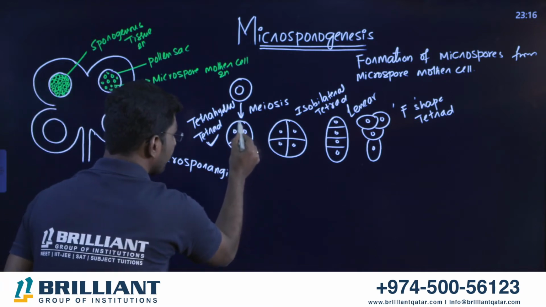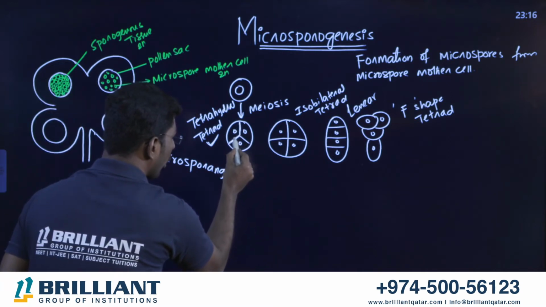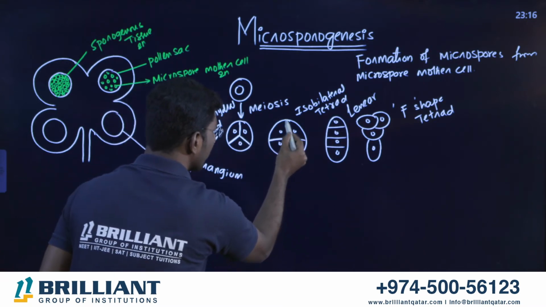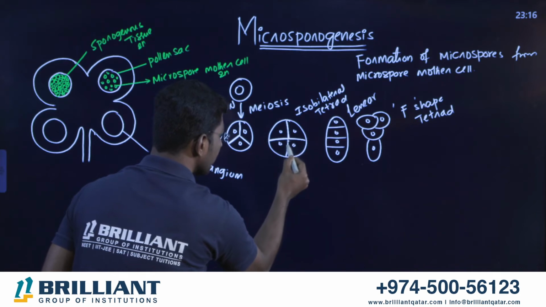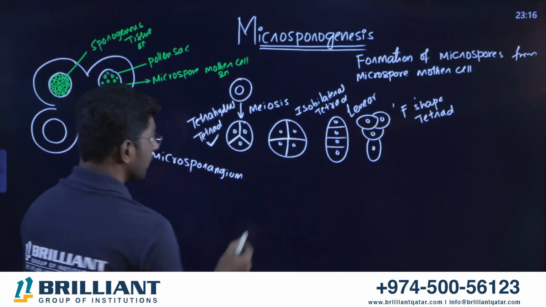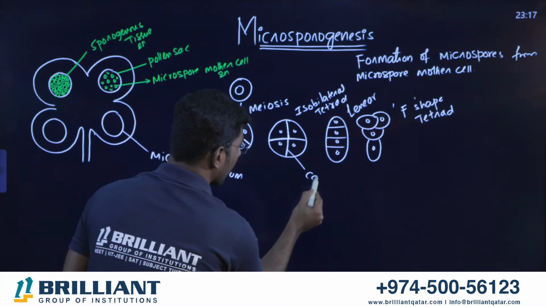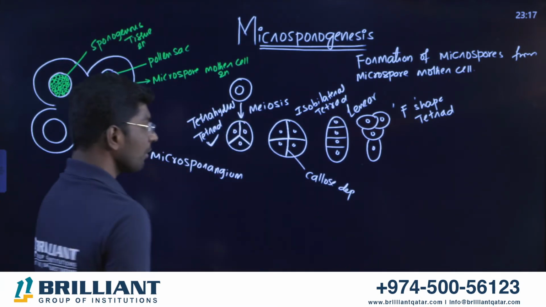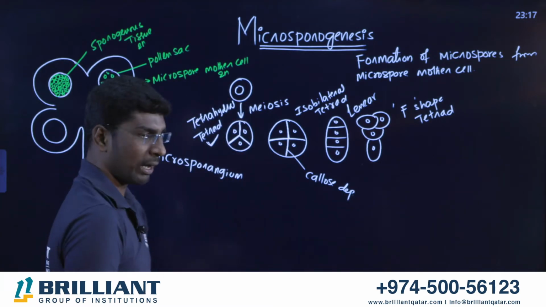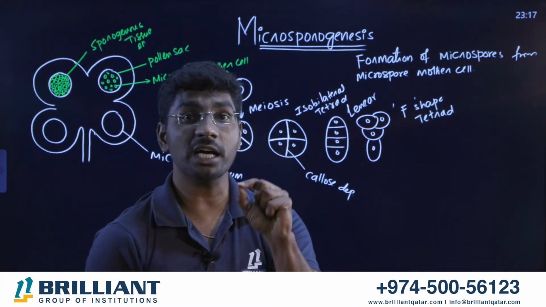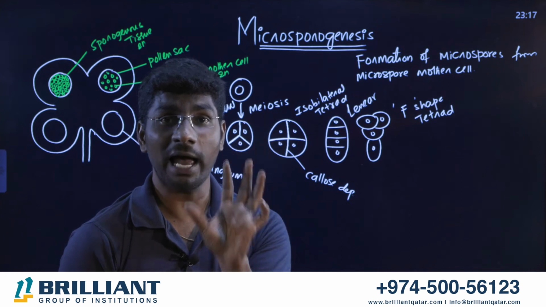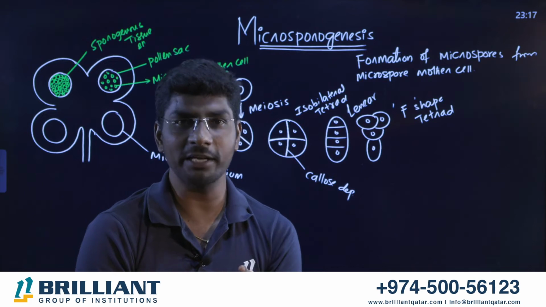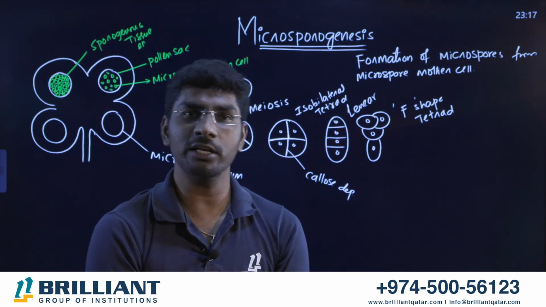In this one, these four microspores are joined by callose. There will be a callose deposition here. Look at here, callose deposition is here. Now, all of you look at here. Let me write: this is callose material or deposition. Fine. So, students, keep in your mind, if you are able to recall the structure of the anther, in the anther wall, four layers are there: epidermis, endothecium, middle layer, and tapetum.